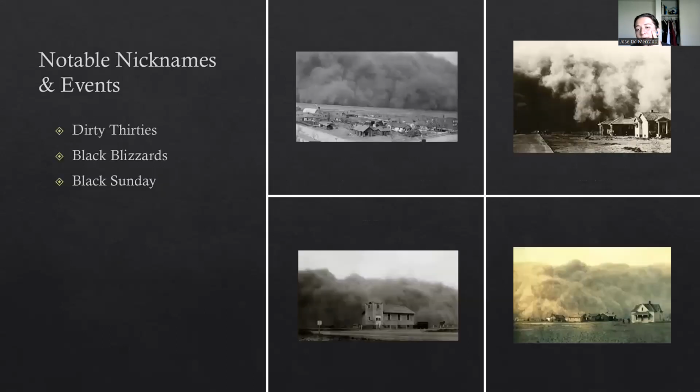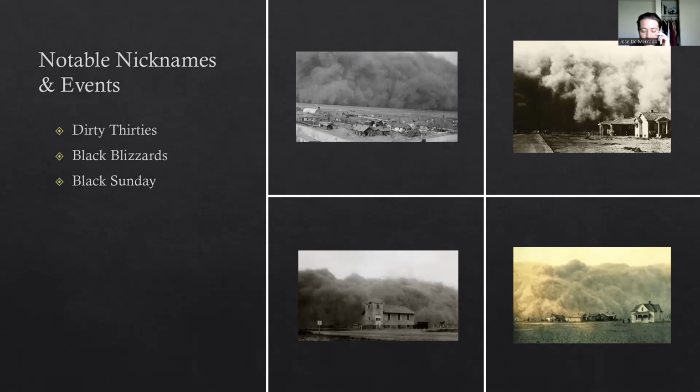All right, so let's talk about some of the notable dust storms and their nicknames. The time period where dust storms were prominent was known as the early 30s. Not the early 30s, the dirty 30s, my bad. The dirty 30s, because wherever you went, there was dust. It was terrible. They also had the names of black blizzards. And the most notable event I could talk about would be Black Sunday, which happened April 14th,